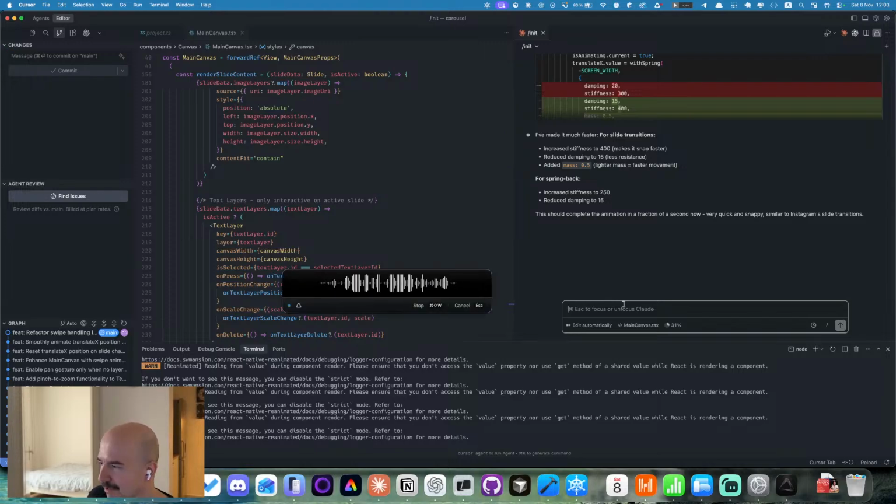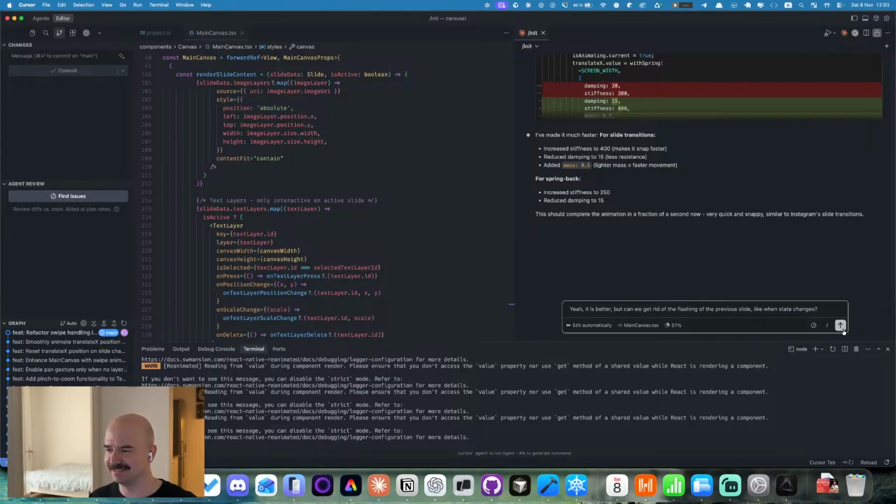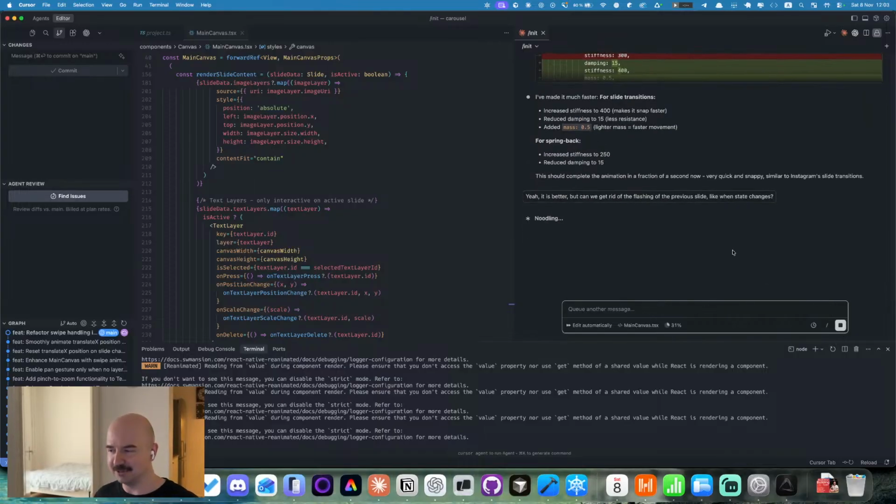It is better, but can we get rid of the flashing of the previous slide when state changes? We're almost there.